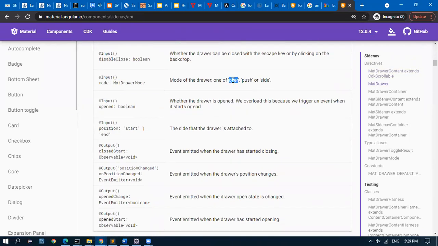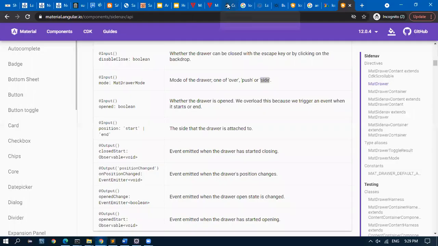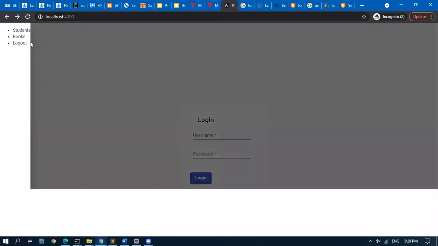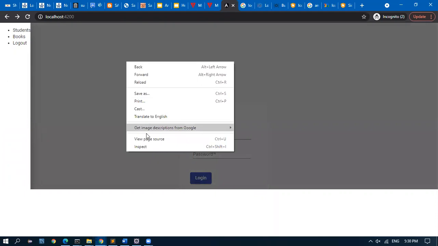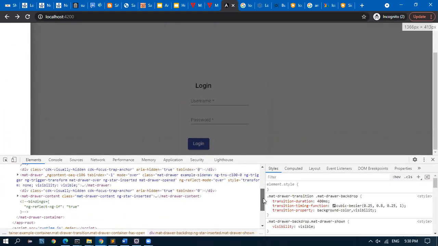Mode is over, push, side. Okay. If I go over, let's see what happens. This is how you should learn. That's why I tell you to go to the documentation. See here, the background is hidden now. It's giving a transparent background. But why is the bottom having a white color?